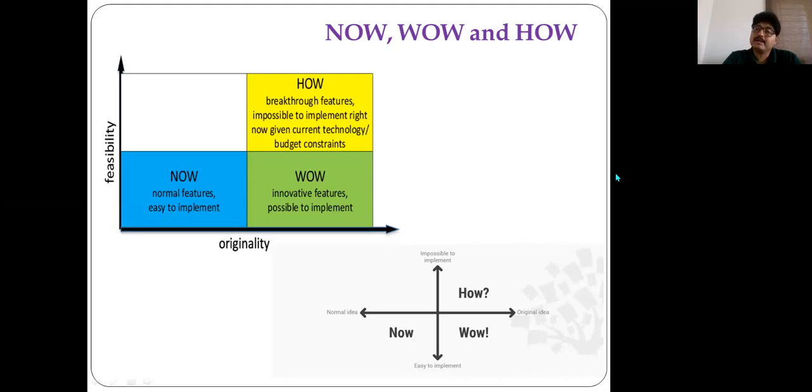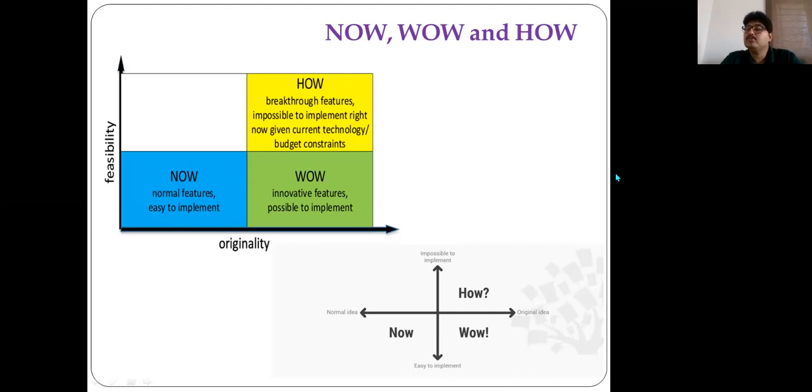And coming to the third matrix, which is called how, there are breakthrough features, even after stretching these things out, but implementation may not be possible now, though it may happen in the future. With the technology we currently have, it is not implementable, but we can think it may be possible in future. So how means we need to identify how to make it work, since a given budget constraint may not be suitable, but the idea is good, and how to implement it is the problem.